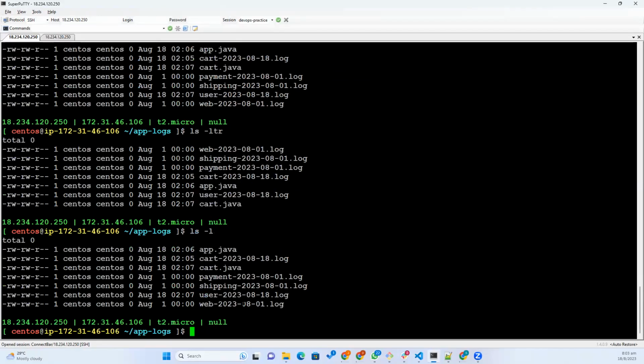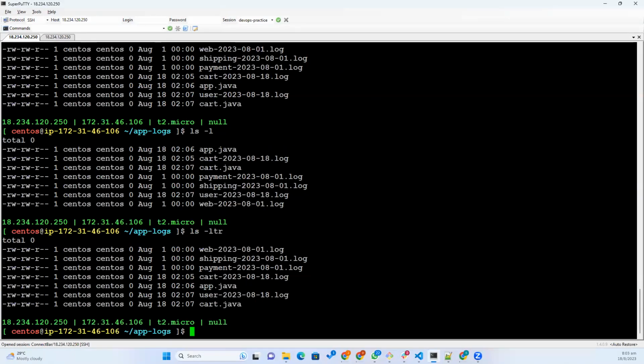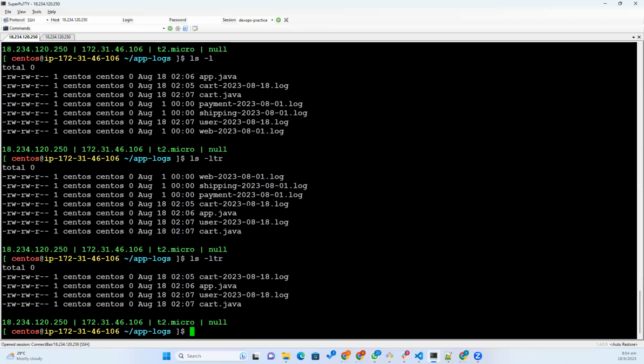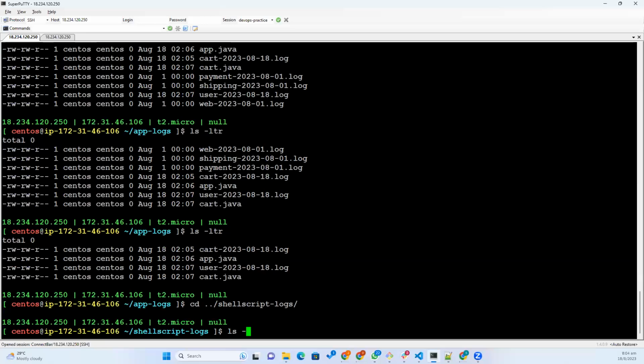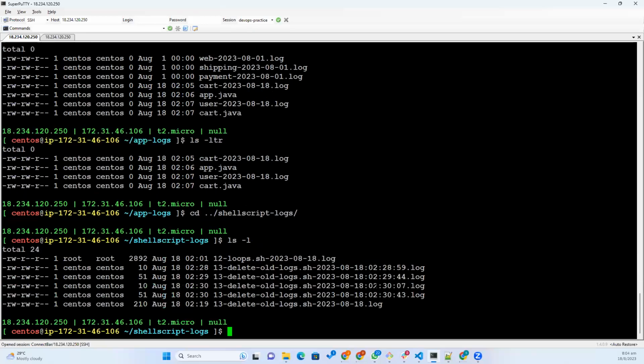Let us wait for 1 minute. We'll start executing. So every minute it will check, but in real-time projects, we will schedule it every day. See, got deleted. Now you can check our shell script logs. Okay, it executed at